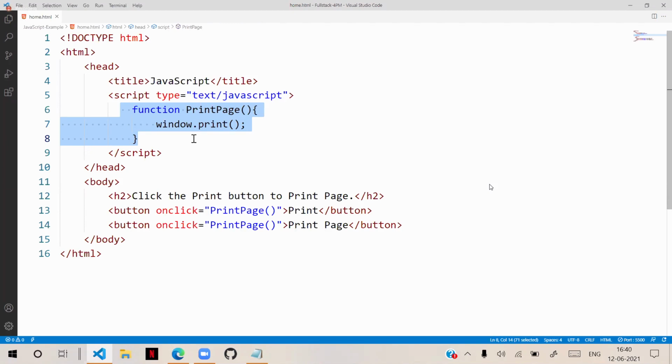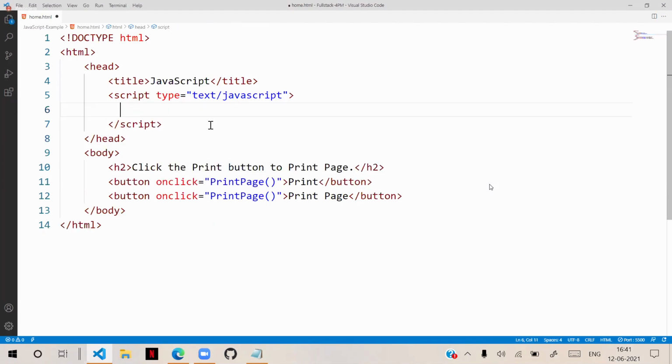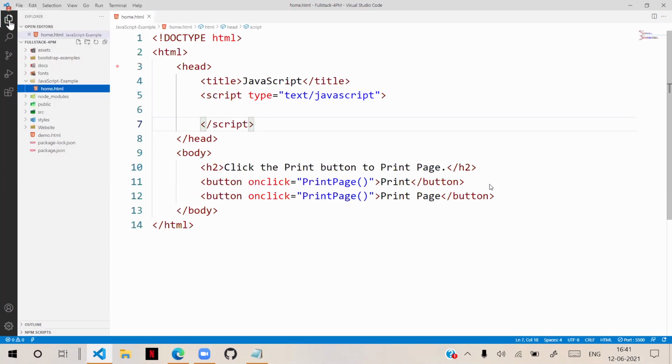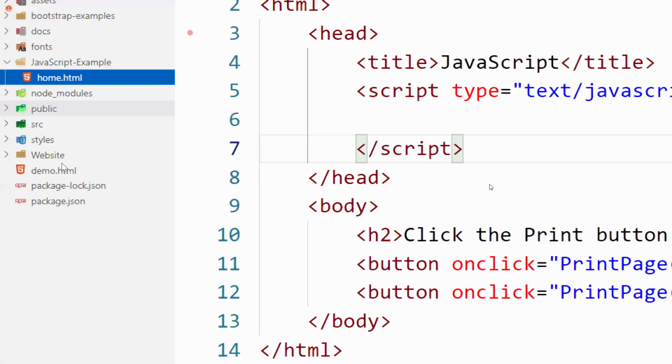So I am removing this function from here. After removing the function from here, we will go to the project and create a separate folder somewhere in the project, or you can just directly create a file.